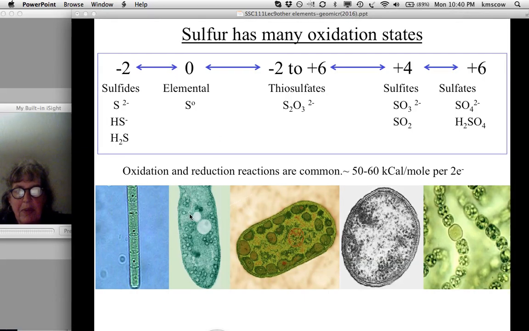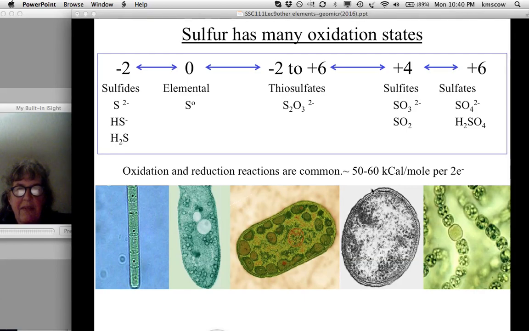And here's some pictures of some of the sulfur organisms, and they often have these black occlusions in them that are sulfur particles, elemental sulfur particles. So you can sometimes see it under the microscope and be able to define these sulfur